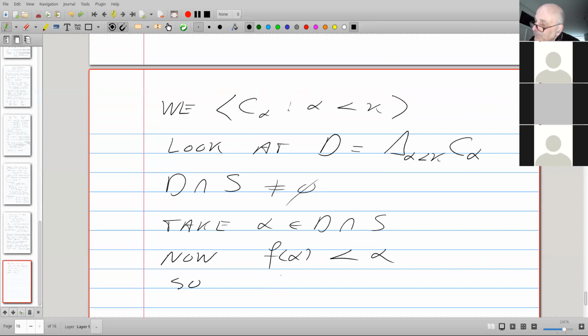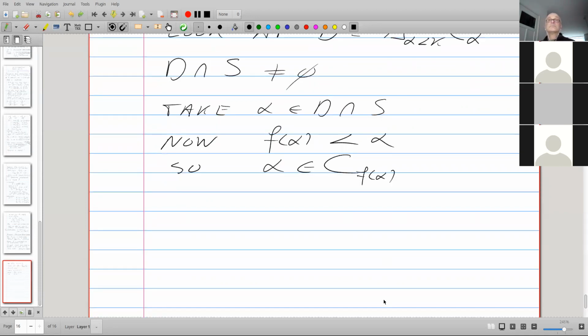So alpha belongs to C of F alpha. It's in the diagonal intersection. It means it's in the intersection of all the C betas where beta is less than alpha. Okay, so F alpha is not equal to F alpha.